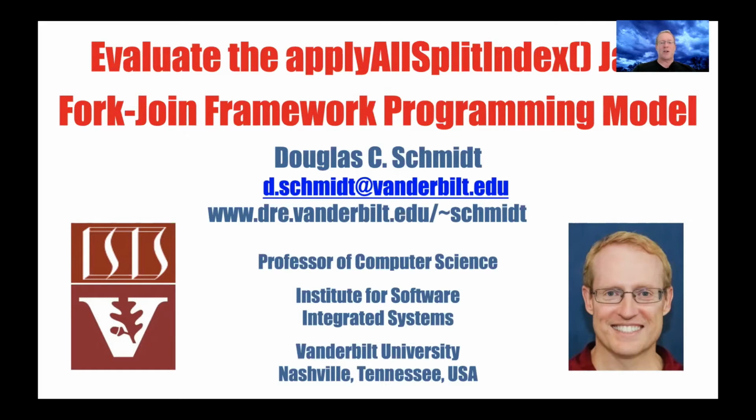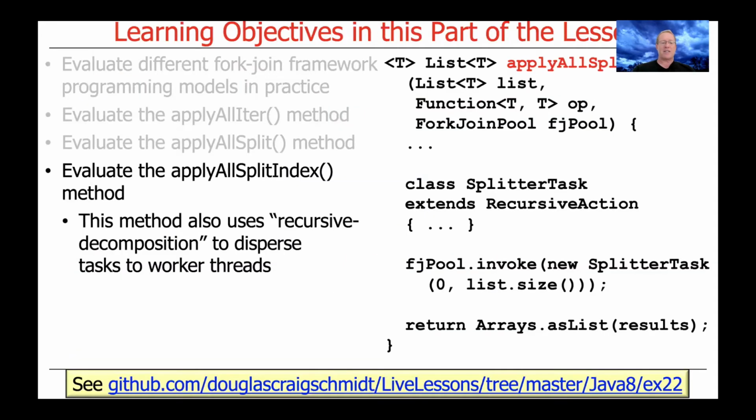And then we talked about something called applyAllSplit, and that was a very clever approach that used a splitter task and a list, actually a series of lists, in order to break the overall problem up into smaller chunks. And now we're going to come back and take a look at yet another way to do this by a new implementation called applyAllSplitIndex. This approach also uses recursive decomposition to disperse tasks to worker threads. But as we'll see, it does it in a somewhat more lightweight way that doesn't require making copies of lists